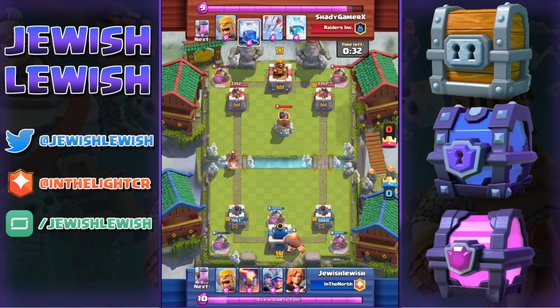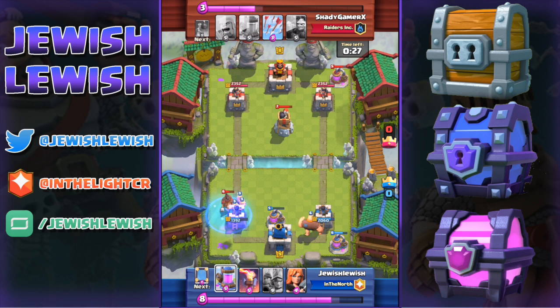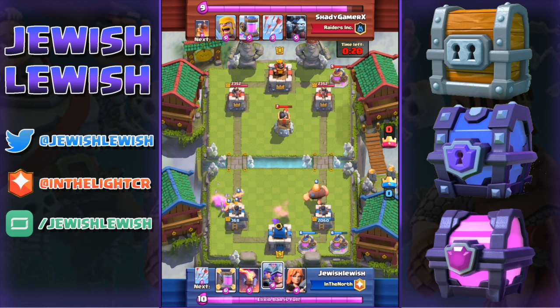And as I drop my giant in the back, his hog rider is rushing towards my left tower. I'm going to drop my barbarians again to counter that. He does have a free spell though, and that's definitely going to allow him to get a lot of hit points dealt on my tower right there. We do finish him off before he takes it out though, and that's going to help us out big time